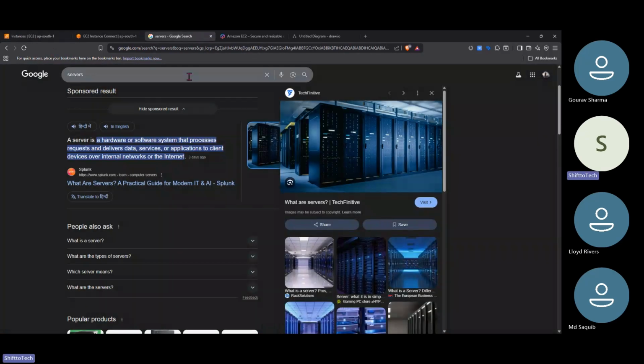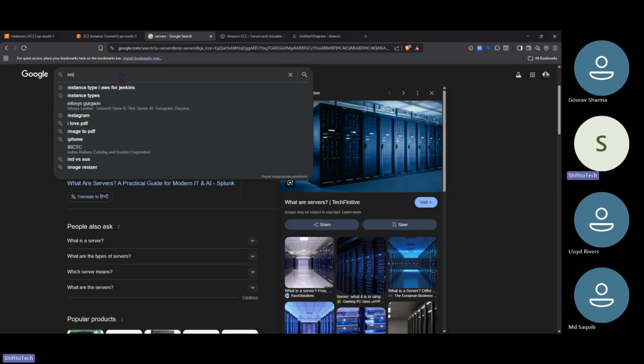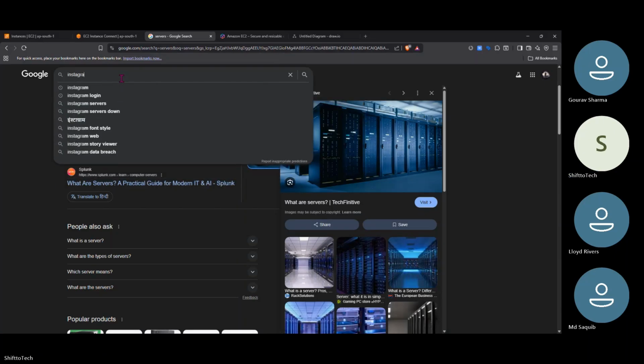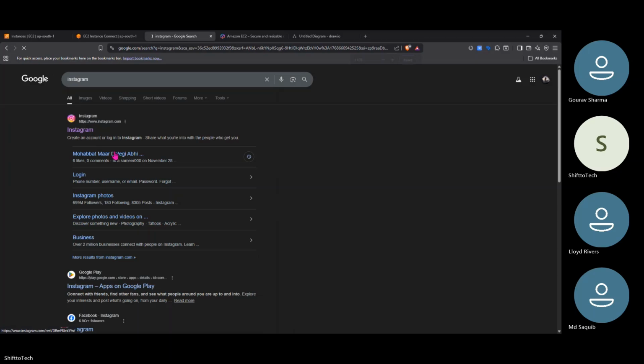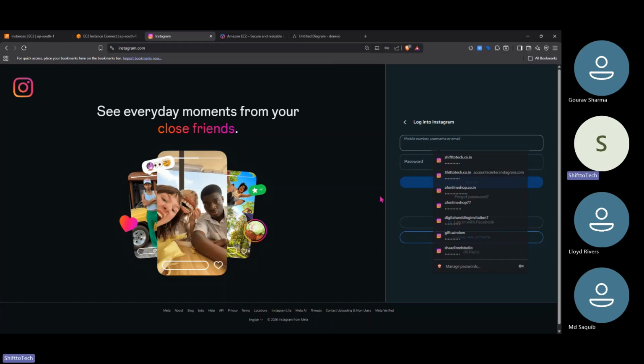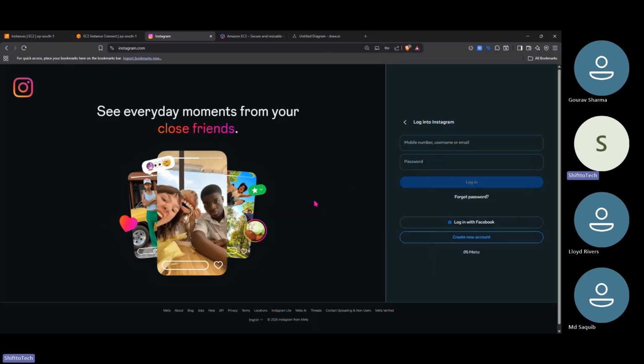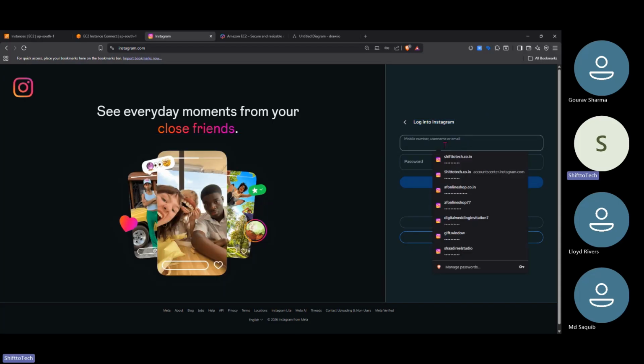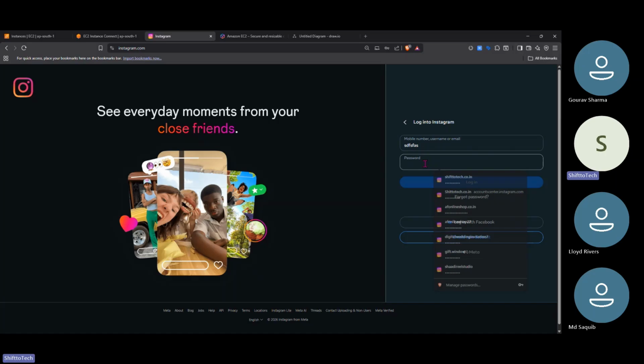Suppose, see, in one application there are only three things. Suppose you open Instagram. For simplicity's sake, I am explaining. See, this is Instagram. You will add some number, like your logins. See, this is the front end. In the whole world, in every software, there are only three things: front end, back end, and database. Front end is whatever you are seeing. What happens when you enter some value and press these buttons is in the back, and that is called the back end.